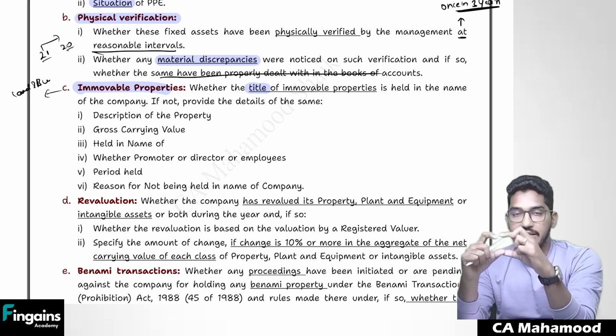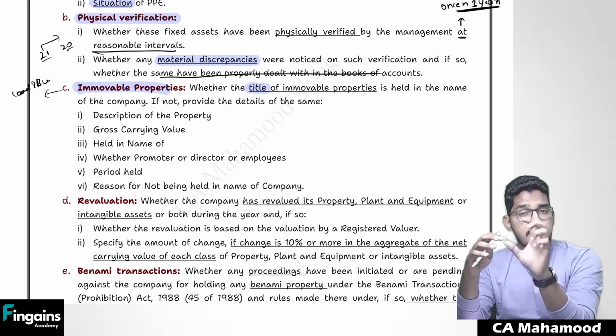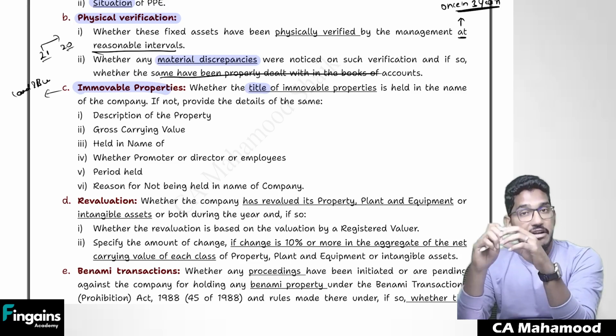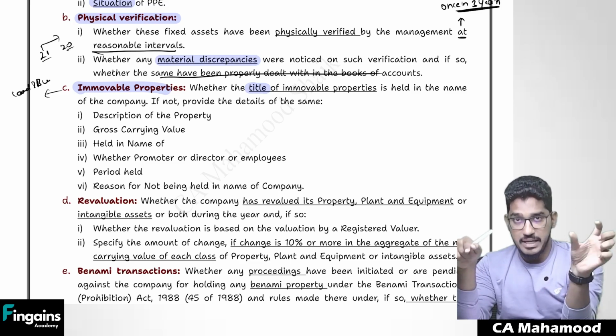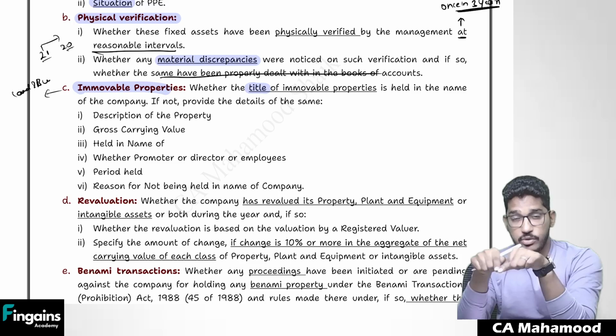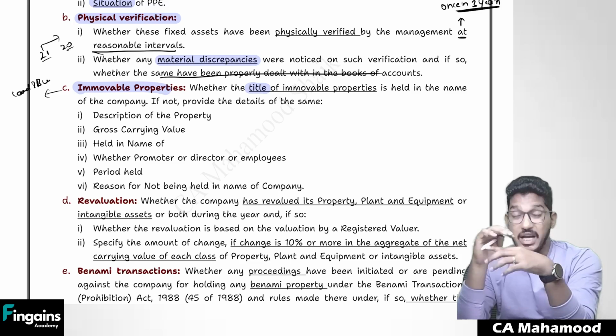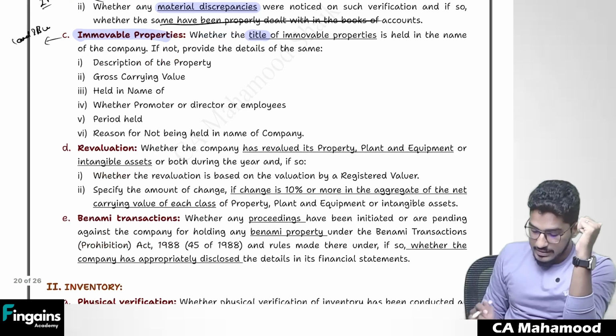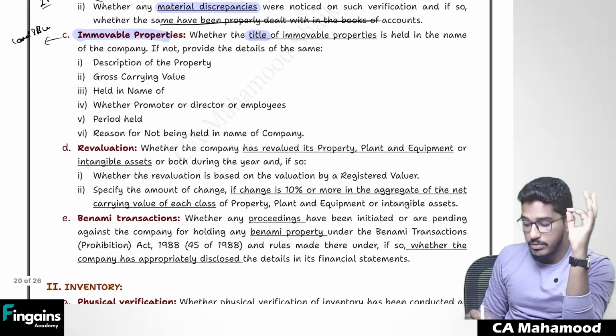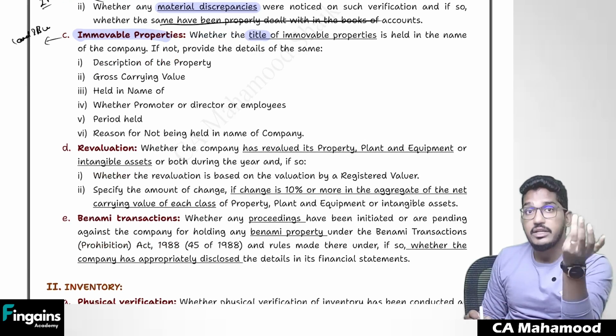Now I need to check in the title deeds of all that land and buildings that these immovable properties are in fact registered in the name of the company. If I find something else in the title document, the land is there in the company's balance sheet, but when I open the title document, it is not registered in the company's name, somebody else's name is there, then I need to report some details. The same thing they say here, whether the title of the immovable properties is held in the name of the company. If not,